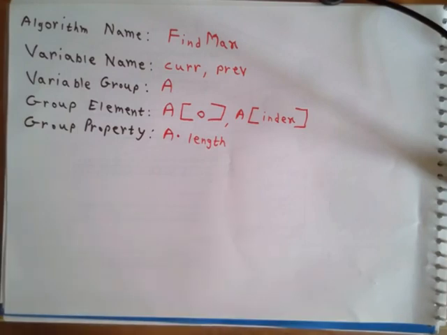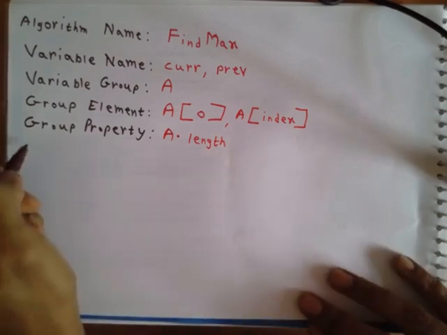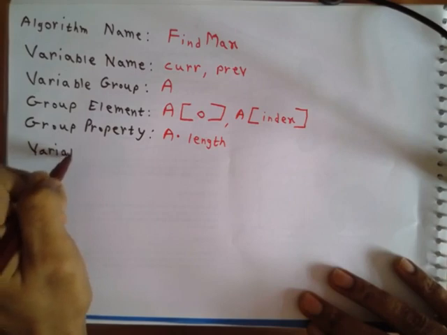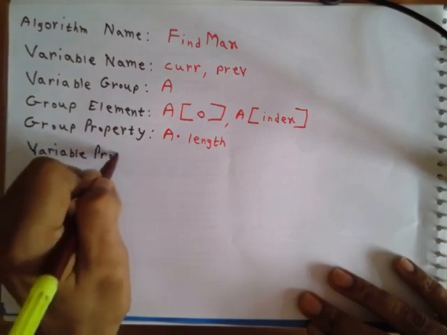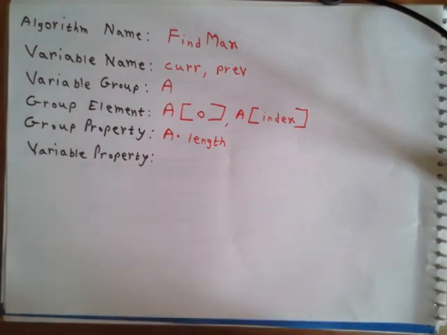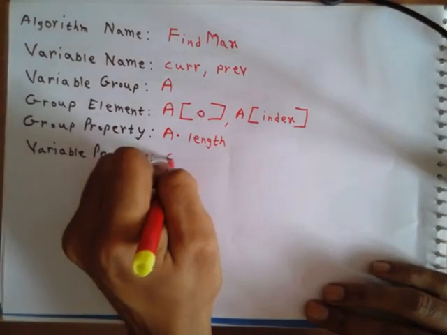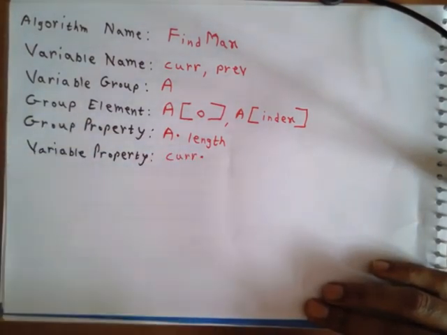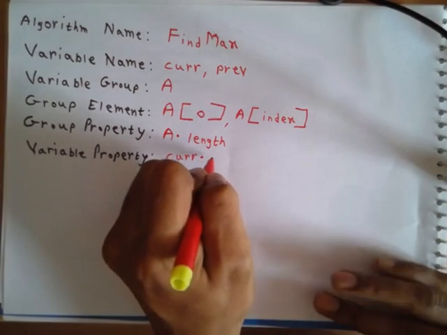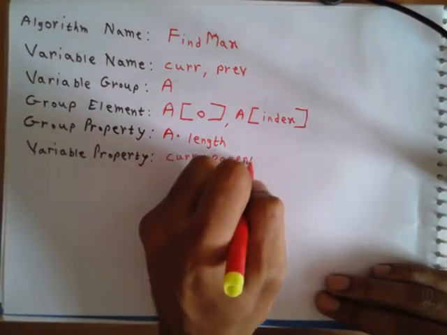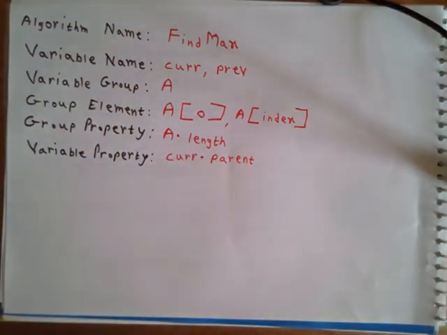These names are up to us. The important part is the notation: group name, dot, followed by whatever property you define. Similarly, our variables sometimes can have their own properties, which I am going to access in the same manner. I will give the variable name. So if my variable is, say, current, and I want to access a property called parent, then current.parent would be the property.